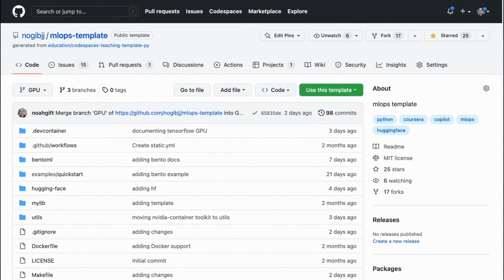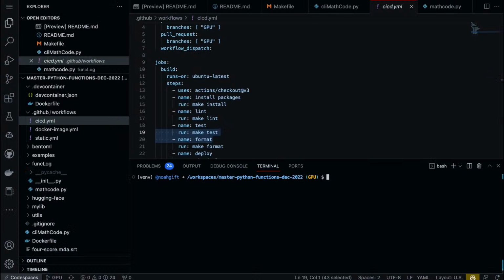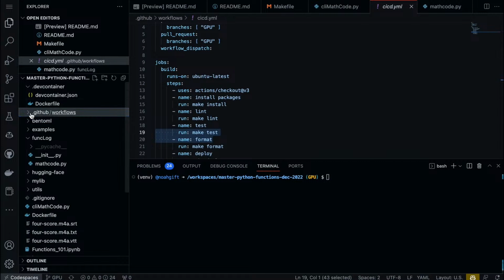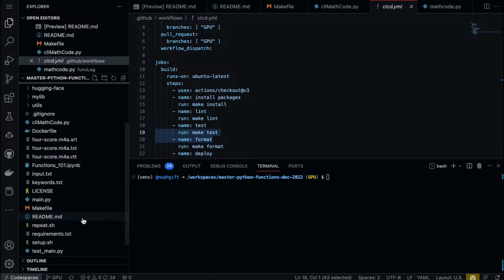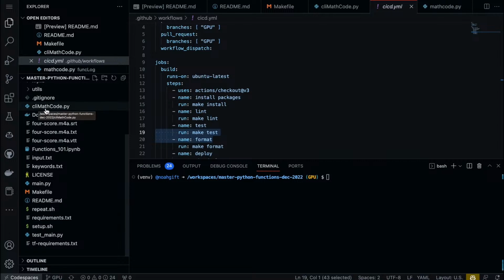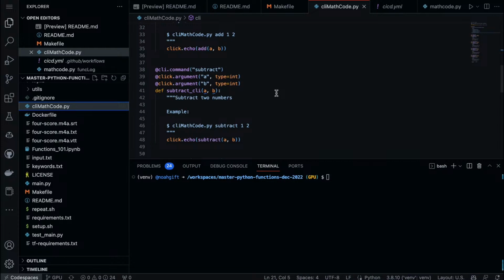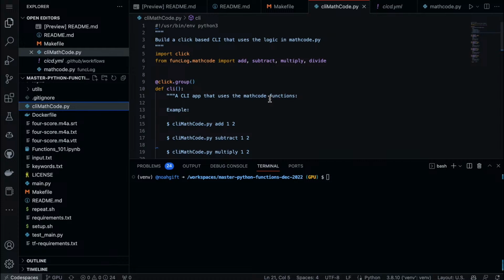So the next thing that I'm going to do in our journey is go back to this environment and take a look at what else you can do. So if we again look at this function logic here, it's inside of a directory called init.py. We have math code here, but you can build more than one kind of chameleon tool. And if we scroll down here, we see that in fact we have the CLI math code, which was actually very easy to build. But we could try to build another chameleon tool that is slightly different, uses a different framework. And so let's go ahead and try that.